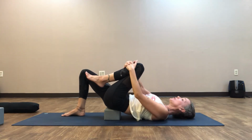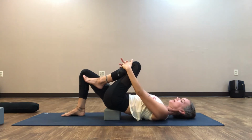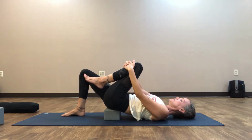You can encourage the knee towards the shoulder as long as you're not feeling any sharp or shooting pain. If you start to feel sharp or shooting pain, then back out of that. It might mean that you're reaching bone-on-bone compression in the front of that hip, and that's not something that you want to pull into. So you can stay here for a couple moments and breathe, and then if you'd like,